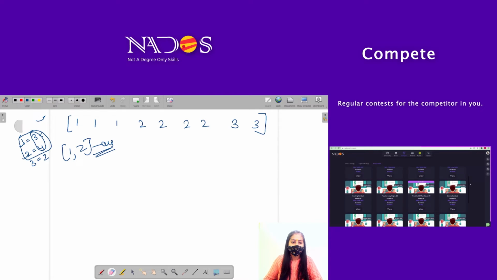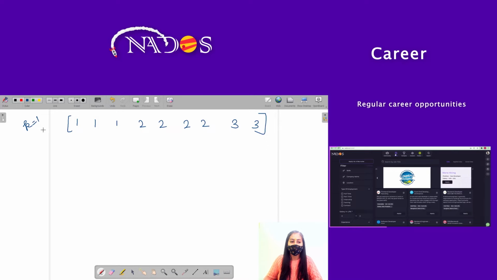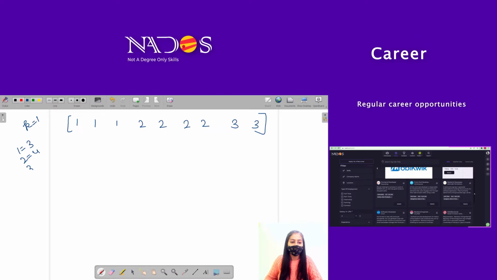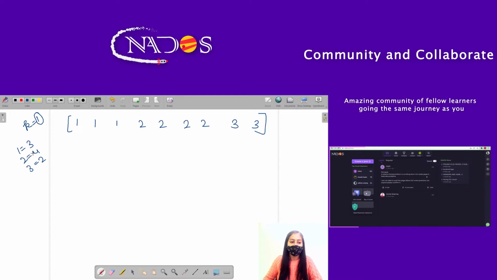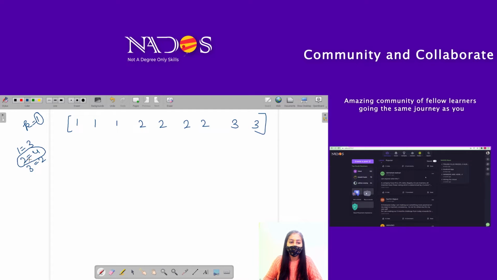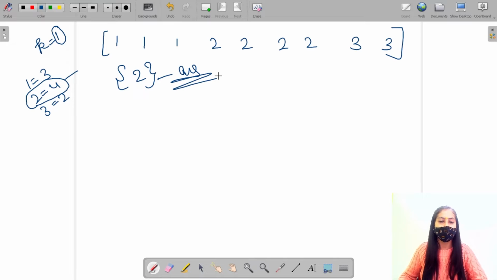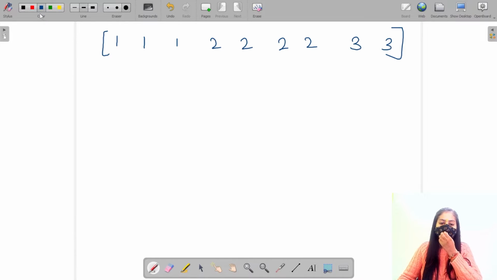For example, now the value of k is given as 1 only, right? So now the frequency of 1 is 3, the frequency of 2 is 4, and the frequency of 3 is 2. Now we have to choose only one most frequent element. Now one most frequent element is 2. So we have to put 2 in an array list, and this would be our answer, right? So the question is very simple. I hope the question is clear to you. So how can we solve this question?